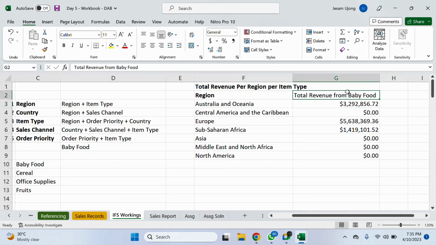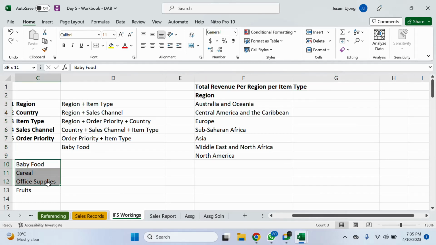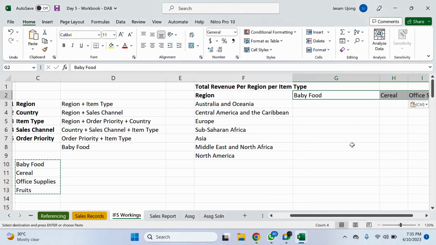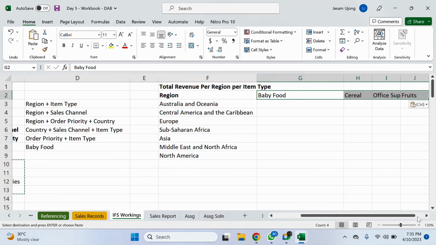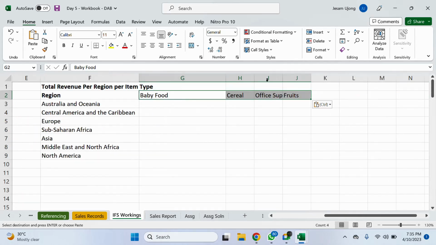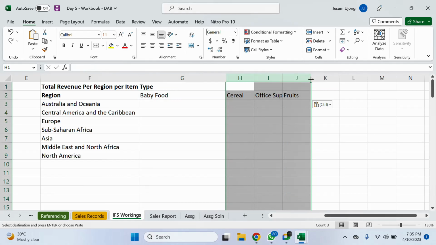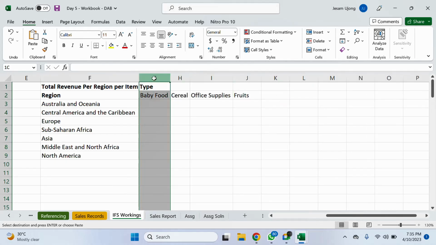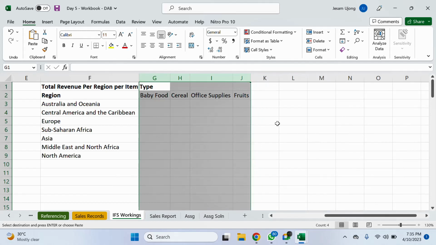For the sake of organization, I could just clear this off. Don't worry, we're going to come back to it, and I'll copy this. Let me put this in each row. So if we're looking out for each of the items, we'll be able to get